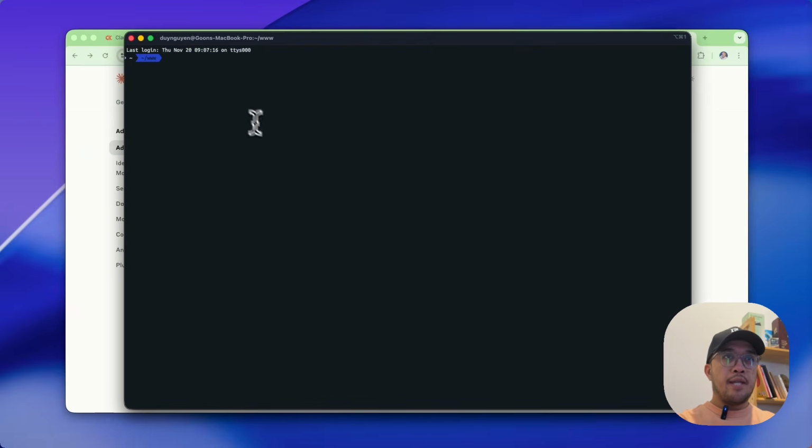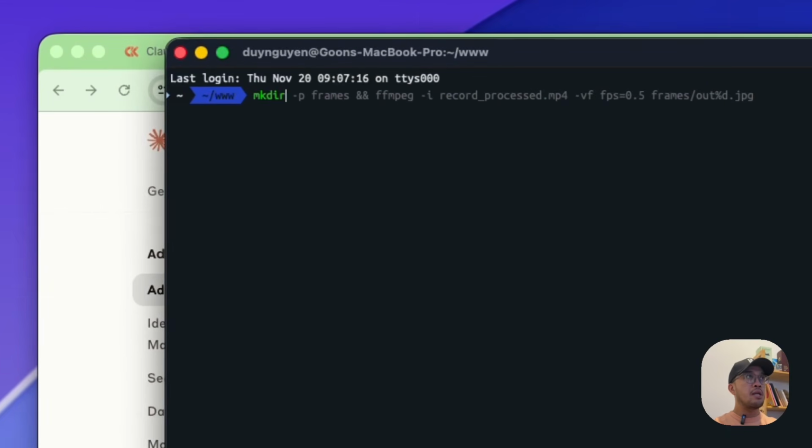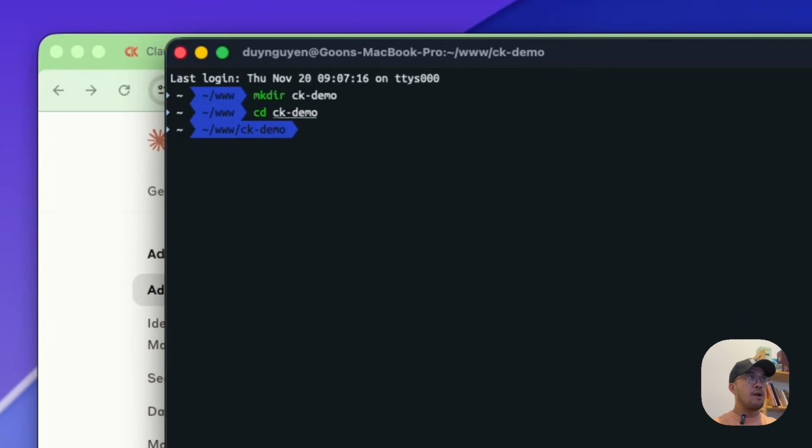Okay, and right now when you already log in with GitHub CLI, just navigate to your project. I'm gonna just create my new project for a demo by using this command mkdir ck-demo, and navigate into that ck-demo directory. Now we are in the ck-demo. Just install the kit with this command, ck init,